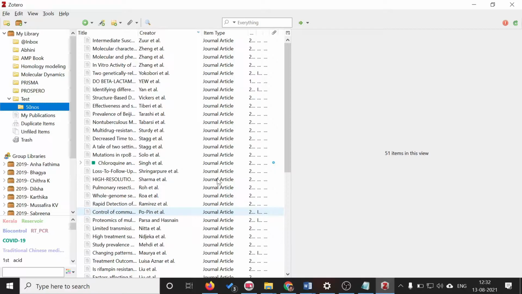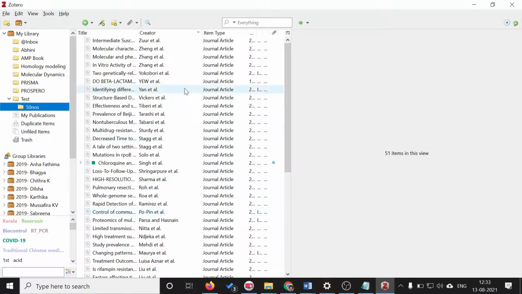Because if you are downloading multiple files or multiple search results, say one time I am using one search string and the second time I am using another search string, maybe there are overlapping search results. So there is every possibility that about half of them or more than half of them will be duplicates if you are using multiple search query strings. The same query will return the same article, or different strings will return the same article, so those duplicate items should be carefully removed before starting your work.